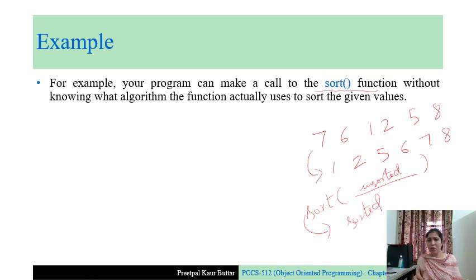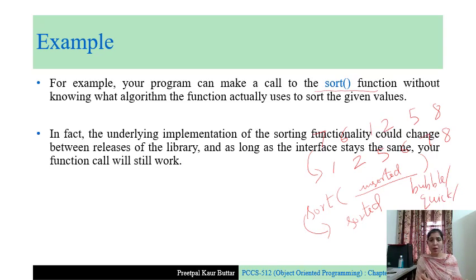The user does not know how the sort function is actually implemented, which algorithm is used, whether the programmer is using bubble sort or quick sort or insertion sort or selection sort, we do not know. So the underlying implementation of the sort functionality can be changed between releases of a library.